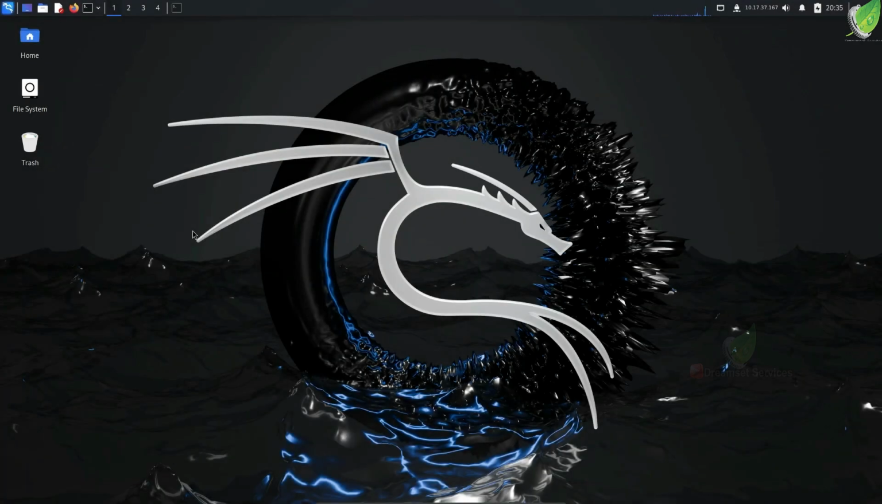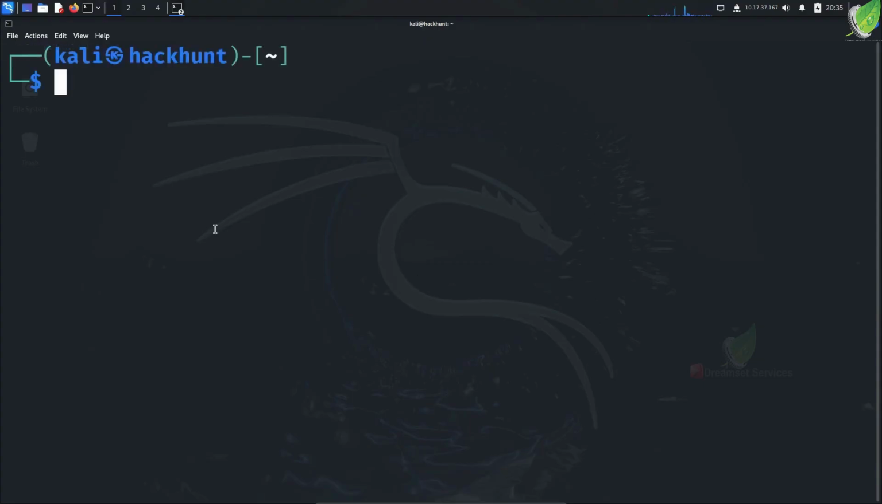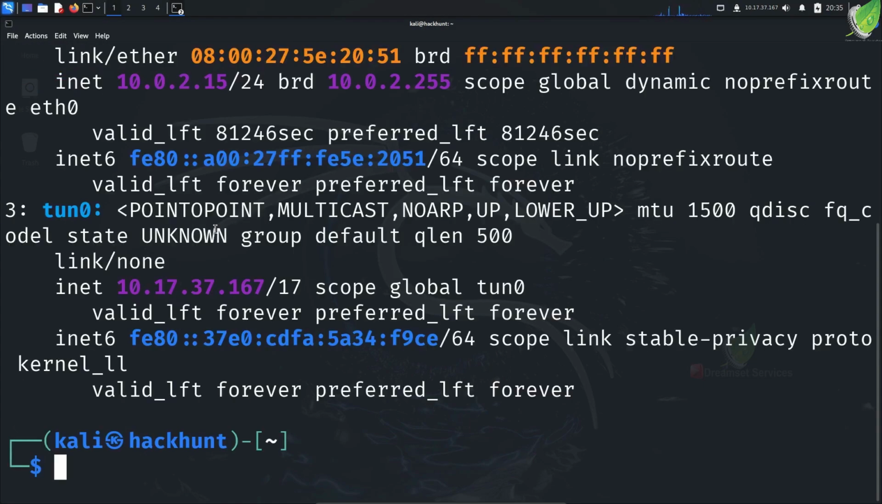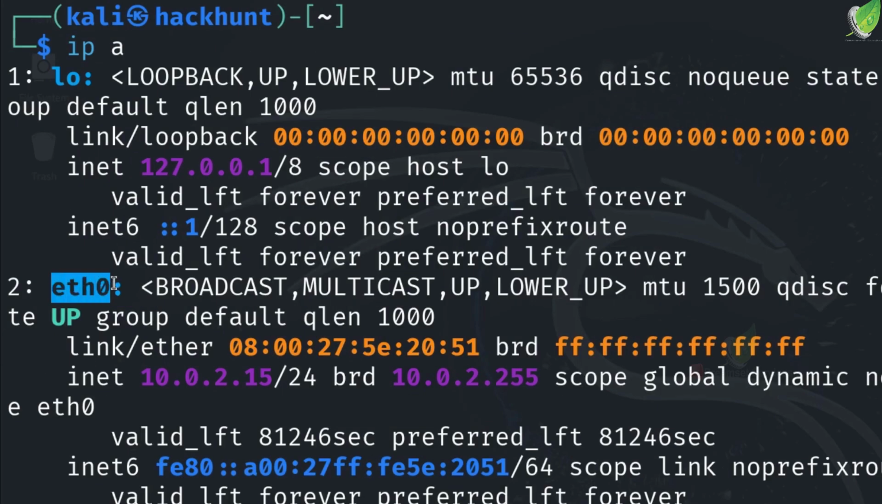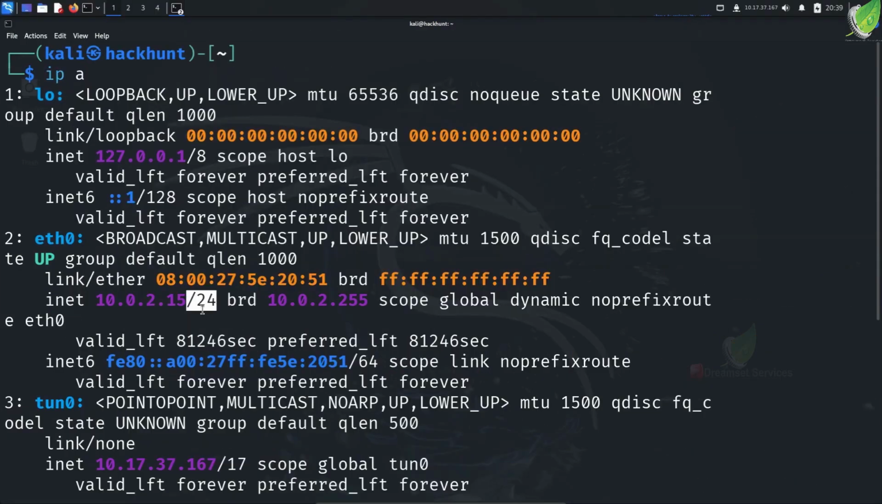Kali Linux right now, I will first open the terminal and type the command ip a and press enter. In the output, the name of my interface is eth0. I'm using this interface to connect to my Wi-Fi. This is my IP address and I'm in the /24 network, meaning that there could be 0 to 255 hosts